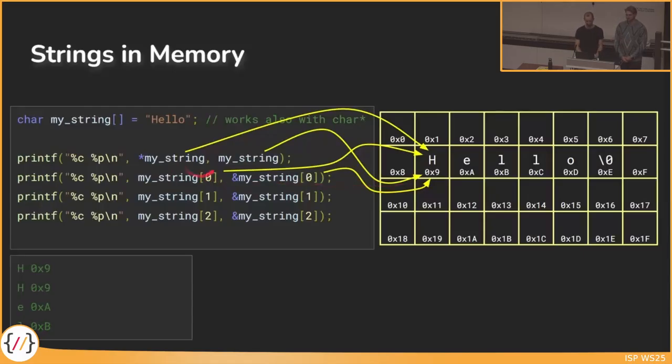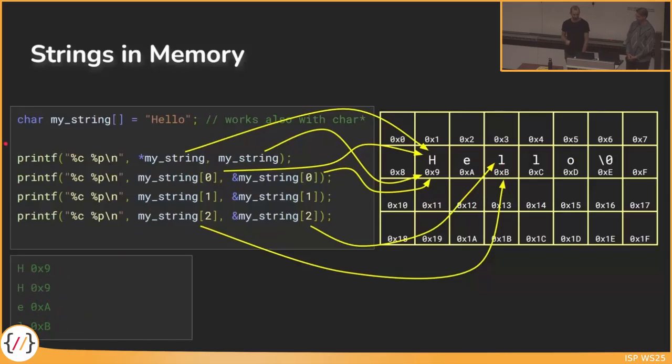The first two are equal. When we go over the other ones, we can see, for example, my string at index 2 and the address of my string at index 2, they are pointing to the L and to the address of L. That's why we see the output like this. We will come to that also a bit later once again. But the important thing is here,